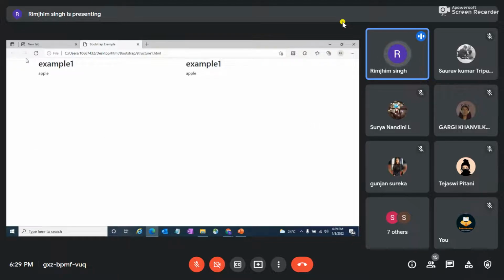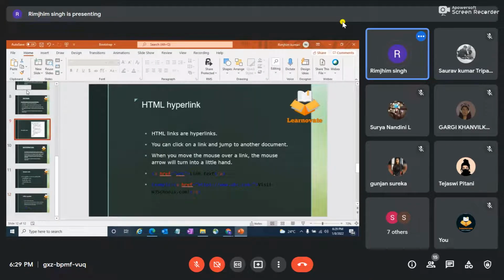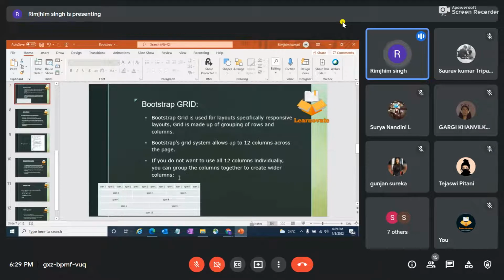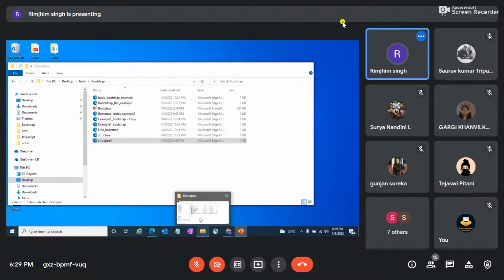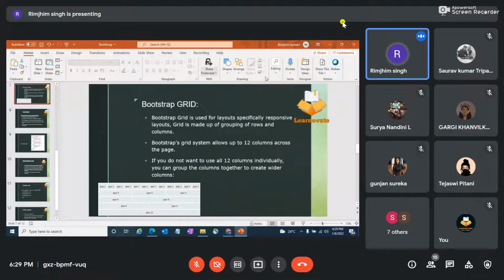As I told you in my presentation also, the total screen is divided into 12 columns, 1, 2, 3, 4, and accordingly, how you set the resolution and how you set the background, it's on you, and then you can run your bootstrap program like that.